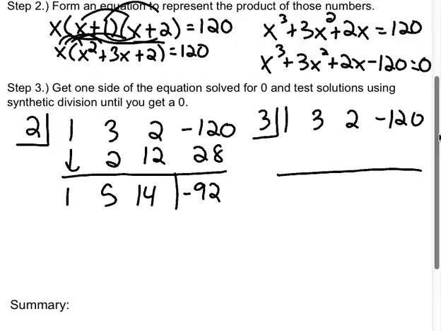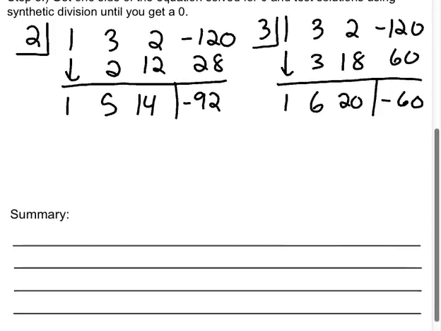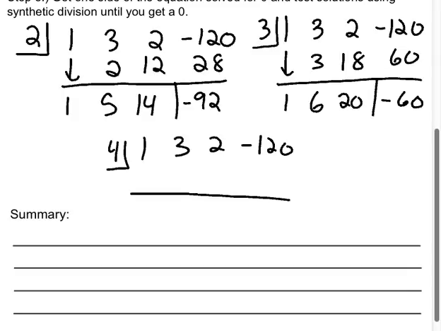All right, maybe 3 will work. So I go through the same process, pull that down, multiply, add, multiply, add, multiply, add. Even 3 was too small, okay? So if 3 doesn't work, let's try 4. Again, I'm searching for just when is this going to equal 0? Because 0 indicates that that's my solution. It's what I want it to equal. So multiply, add, multiply, add, multiply, add,